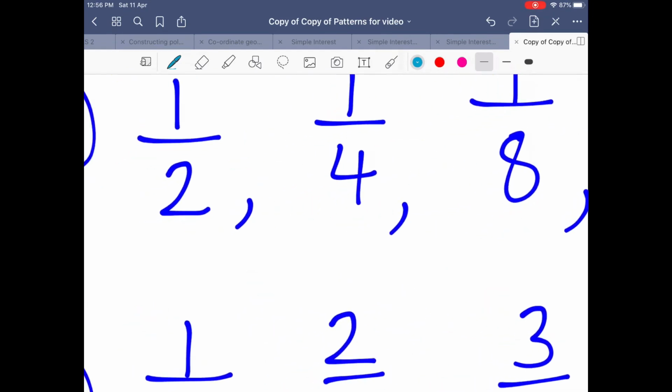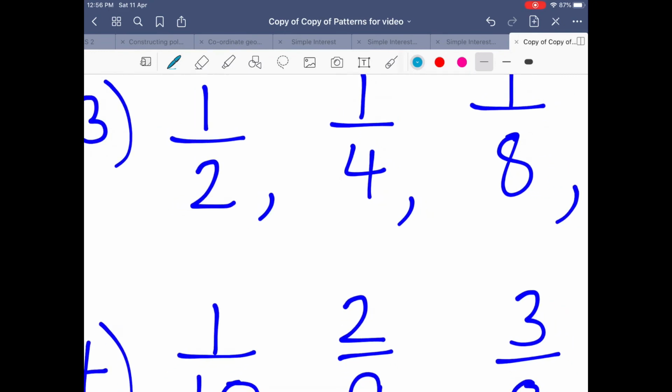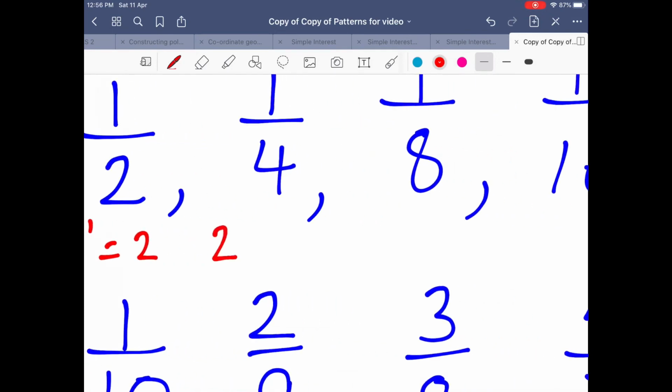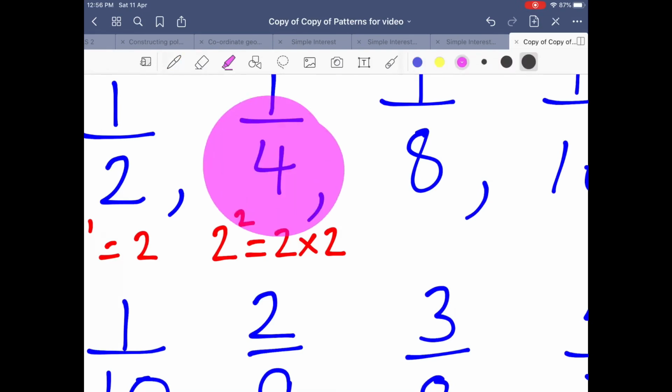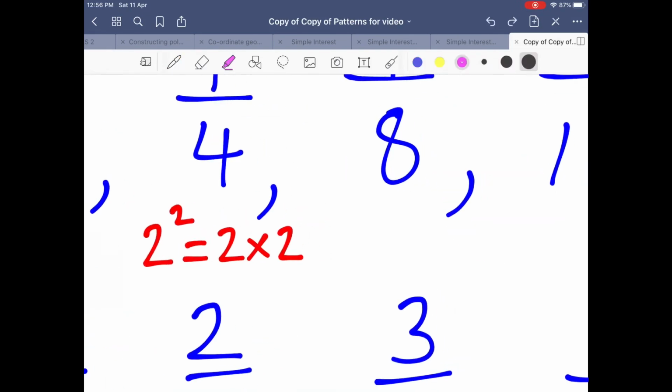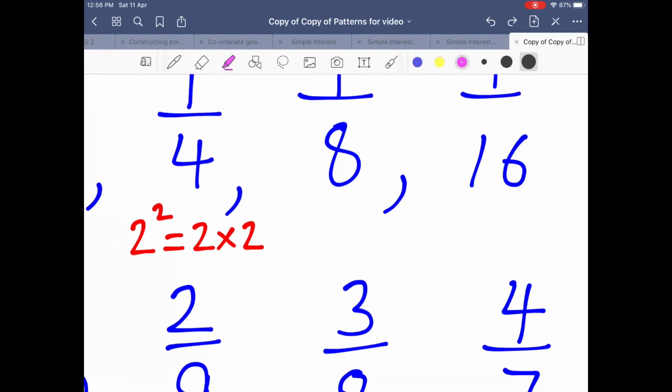So let me explain. 2 to the power of 1 is equal to 2, and 2 to the power of 2, which is equal to 2 squared, or 2 times 2, is equal to 4. And then 2 to the power of 3, or 2 cubed, is equal to 2 times 2 times 2,